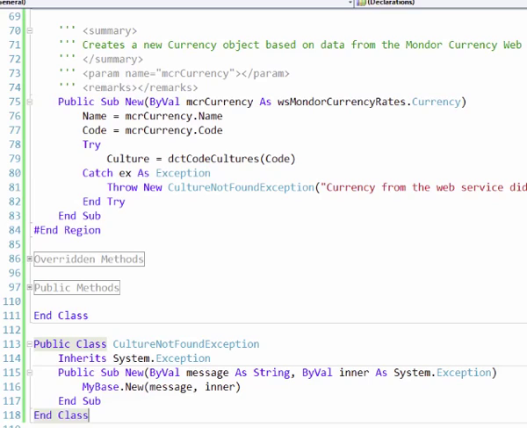This is public class CultureNotFoundException. I made up that name because it corresponds to the error that would happen in our program, culture not being found. And it inherits System.Exception. So we're saying that it is a child class of the